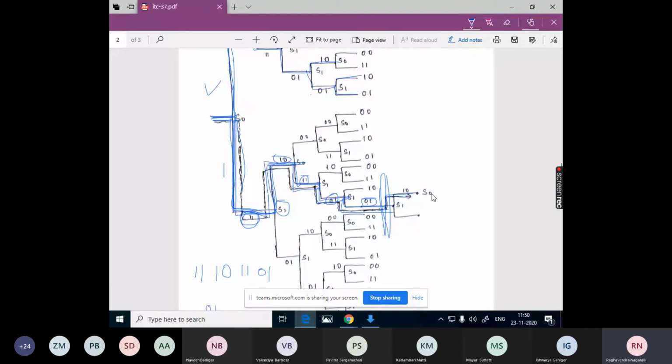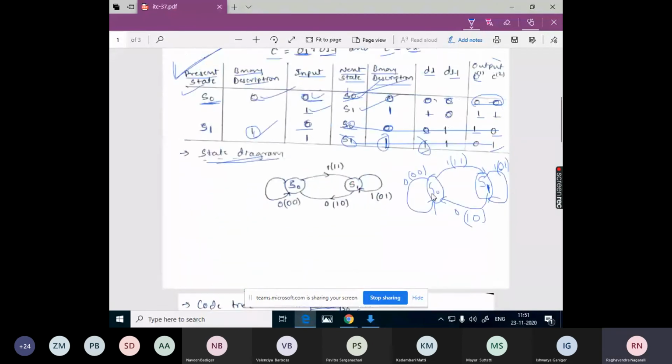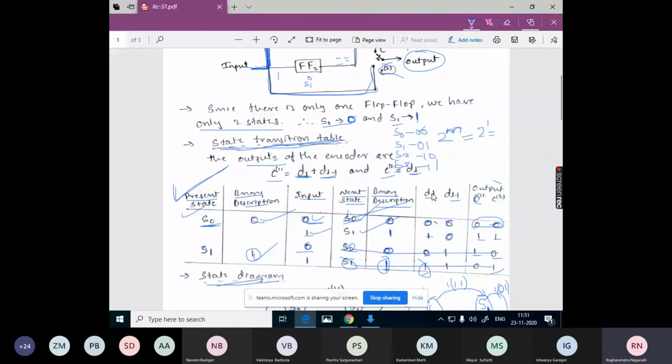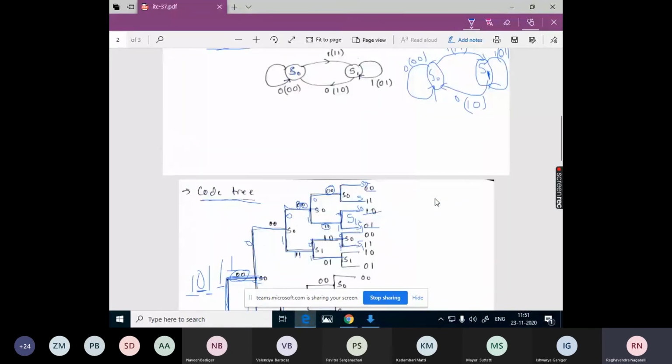Because of the influence of the previous input bits on the output bits. How many previous input bits will influence the output bits? So how many bits should be there here?